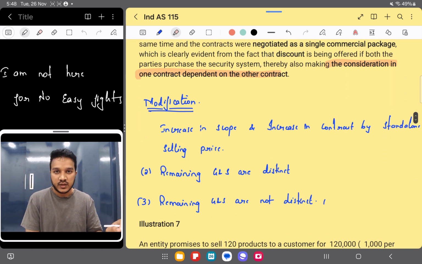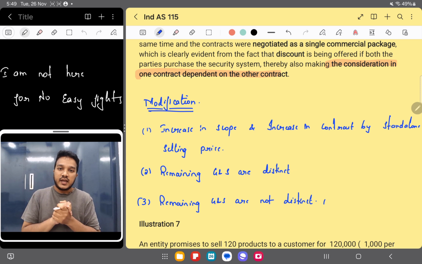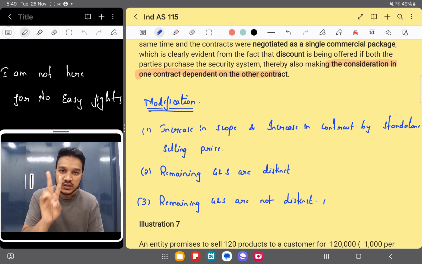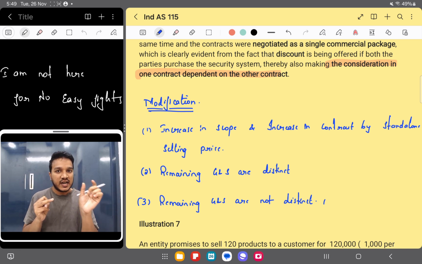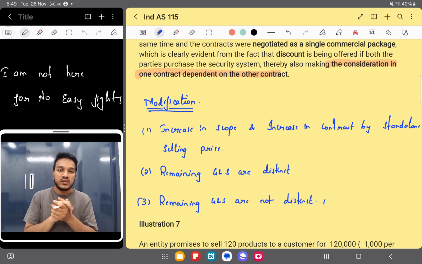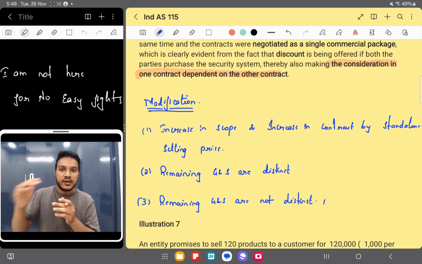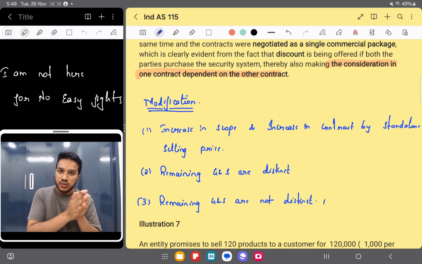Now there's a new concept. Okay, this is modification. The first one I'll help you understand is that there's an increase in scope. Example, first I entered into a contract to construct 2 floors, and then my customer is asking me to construct even the 3rd floor. For this 3rd floor, he's saying that he'll give me 50 lakh rupees. So there's an increase in scope, that is the 3rd floor, and there's a standalone price also, that is 50 lakhs. So the standard says, the contract entered earlier for the first 2 floors, don't touch that contract. Let it continue the way it is continuing. Now for the new one, that is the increased scope, the 3rd floor, recognize it as a separate contract. Clear?